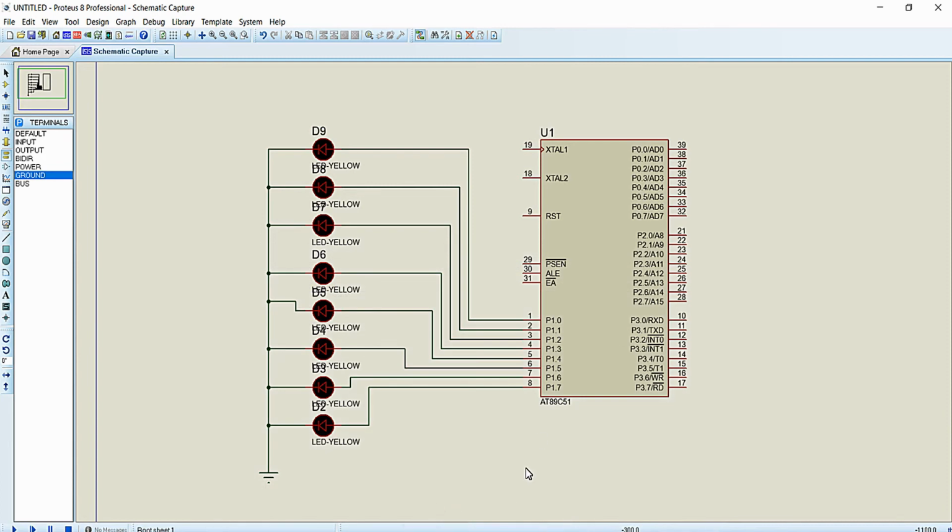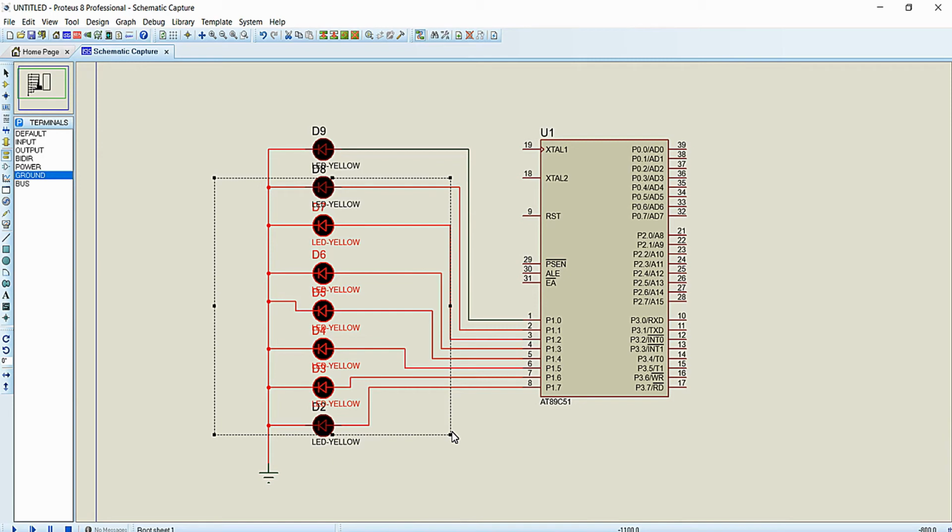Our logic is simple, right? As we saw in the first video, we are just going to build an LED chaser, that is, one LED will be turned on at a time, and it goes on like this. So for this logic, you just think in a logical manner. In the first step, I want to turn on this P1.0 LED, turn off all the other LEDs, and wait for a particular period of time.